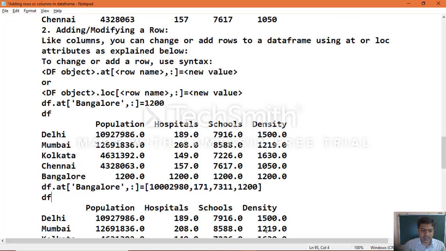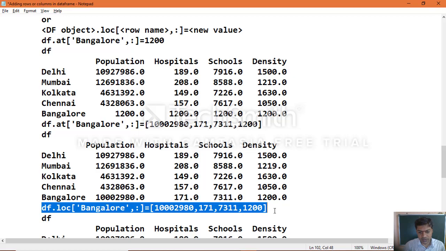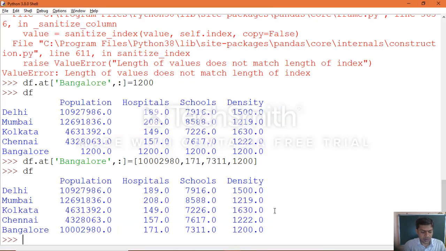There was another syntax which we used, that is loc, the location attribute. By using the loc attribute for changing row data, we can do it this way. If that row already exists, you will not see any changes unless you change the values. As you can see, for the same existing row with different content, one value we made a change. Like that you can change all the values, and they will be updated in your existing data frame.